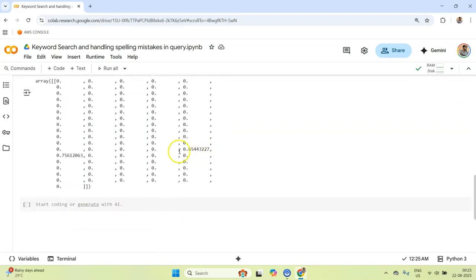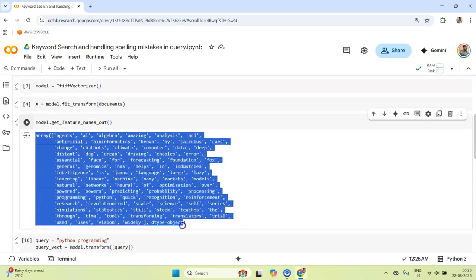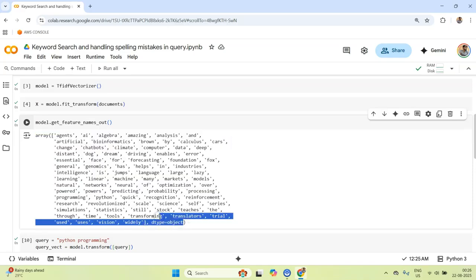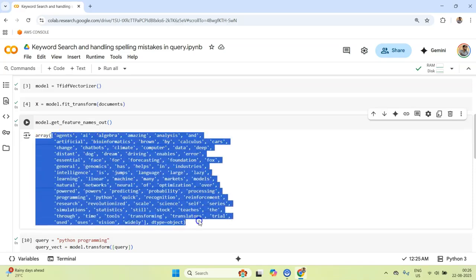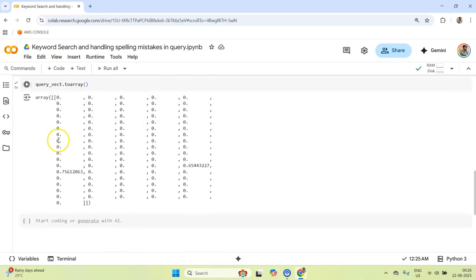So Python and programming are coming together. The reason for this is that both words start with P, and the way sklearn has created this feature is by sorting those alphabetically. They start from A and end with Z, if we have any words starting with Z.